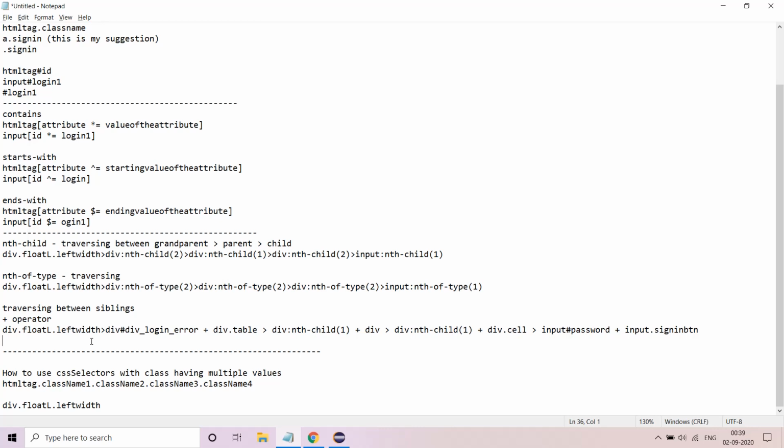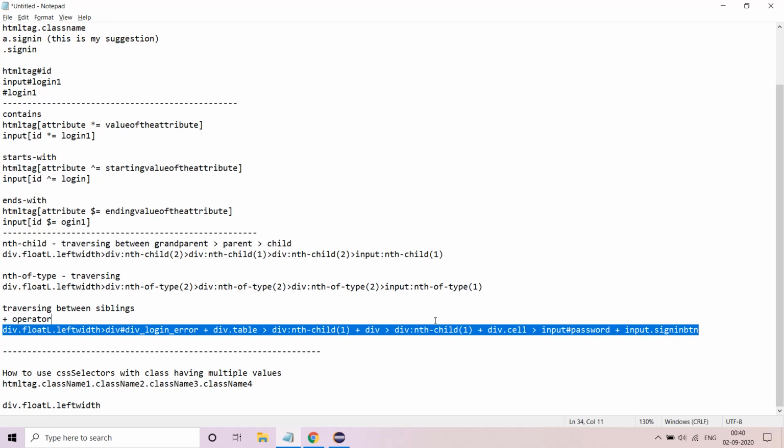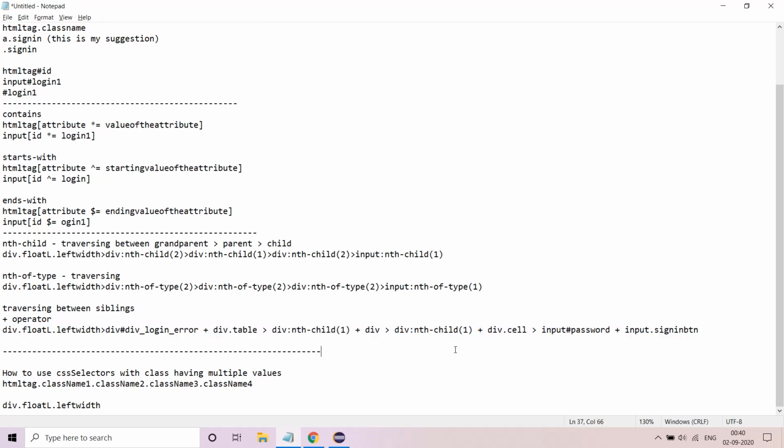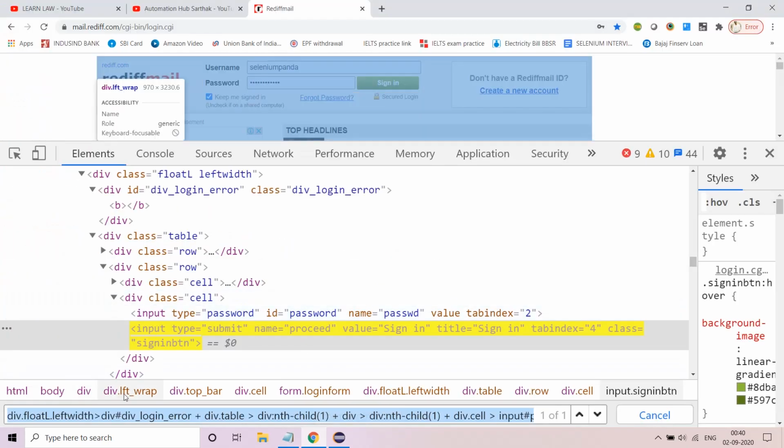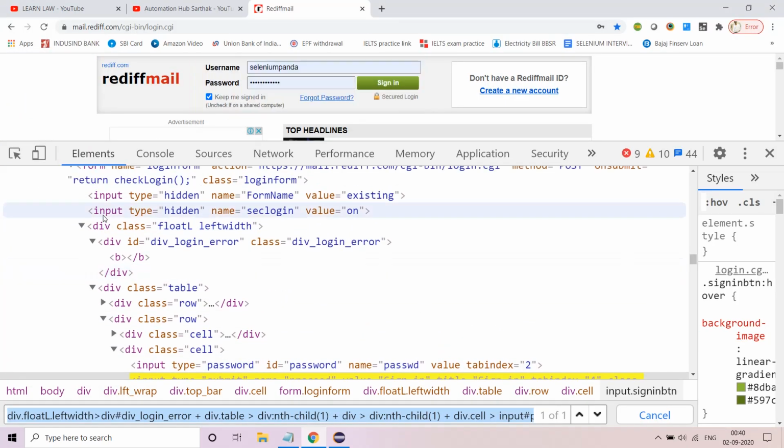You can watch my video multiple times, because explaining each and everything on a video is not that simple. Practice makes you perfect. So technically all these things you will also write even much better than the way I am writing right now. So this is a proper CSS selector, and you can traverse anywhere. But I have no idea how to come from bottom to top. It is still a CSS selector that goes from top to bottom.